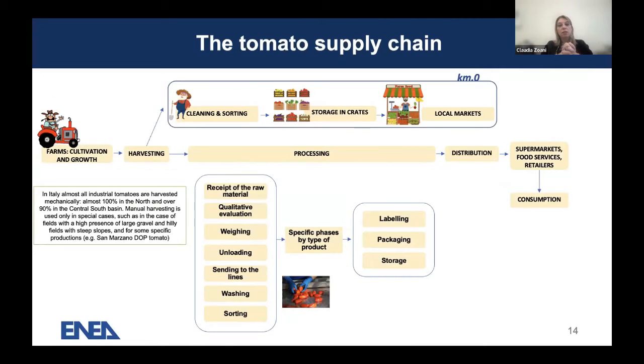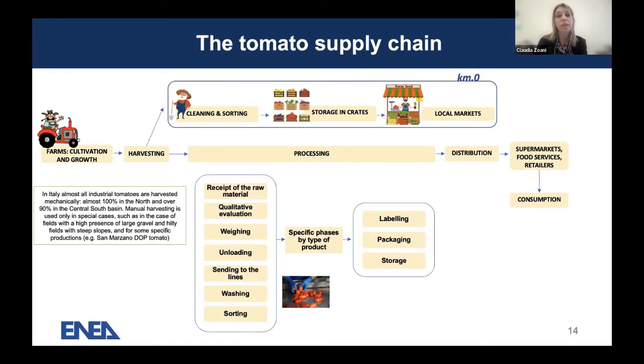What is important to examine, for all aspects that are related to food safety, but also food quality, traceability, and sustainability of the production system, is to take into consideration the tomato supply chain. Here you can see summarized the main steps of the tomato supply chain, starting from cultivation and growth to harvesting. And here I wanted to differentiate between the, let's say, conventional food chain with processing, distribution, retail, and consumption, and the so-called